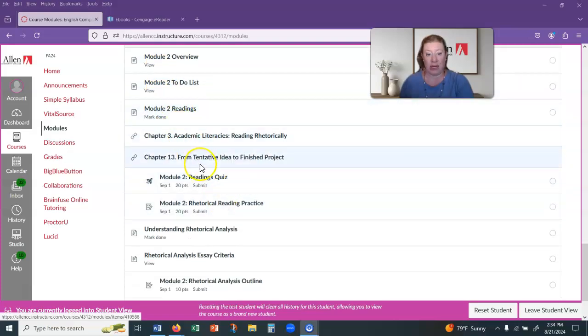stuff, which is our readings. And our readings cover chapter 3 and chapter 13. So 3 is basically the chapter about reading and reading more effectively and reading more critically and more deeply. So that follows, we did chapter 1 and 2 in the previous module, and then chapter 13 is more, it's